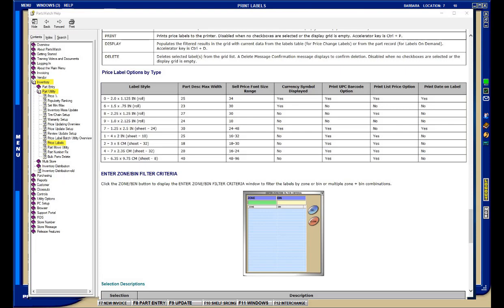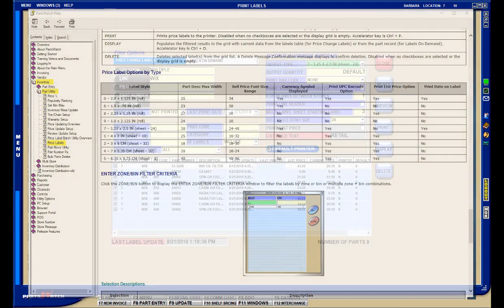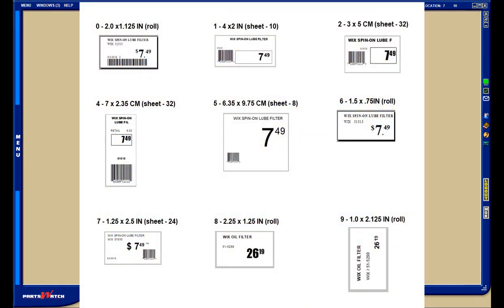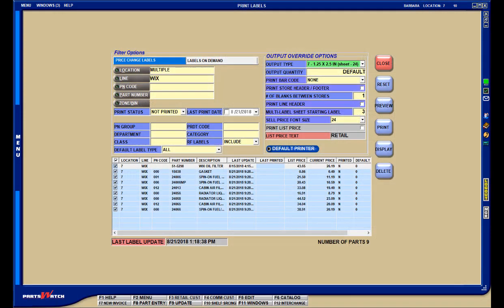So if a field is grayed out on the screen, check Help to see whether it should be available for the selected label type or not. And then here's an example of each printed label so you can see the difference. And that's it for changes to price